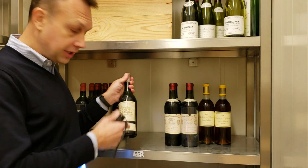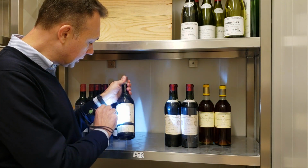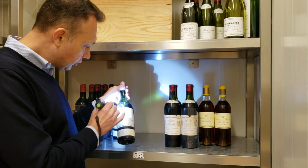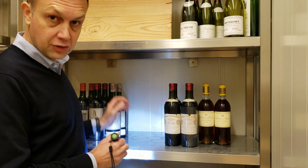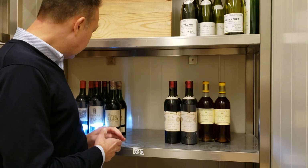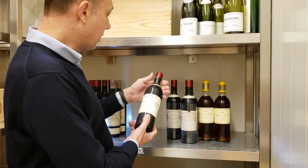You can also take a magnifier. I don't have a magnifier with me today, but you can take one. You can also take a light. You can inspect some of the details. You can go through all of those little details to see if everything is fine. But I did the inspection for those bottles long ago, so I know those bottles very well, and there's no problem whatsoever for those bottles. Now we have a